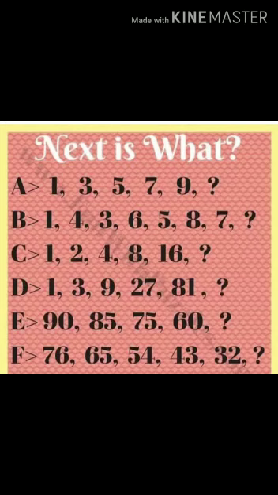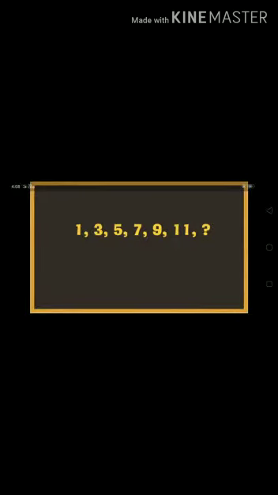First of all, we talk about patterns in numbers and letters. If we have to find the pattern of a series, the general number pattern is the difference between the numbers in the sequence, and we use that fact to find out the next numbers. Now have a look at the sequence of these numbers. Here is given 1, 3, 5, 7, 9 and 11. Can you guess the next number?